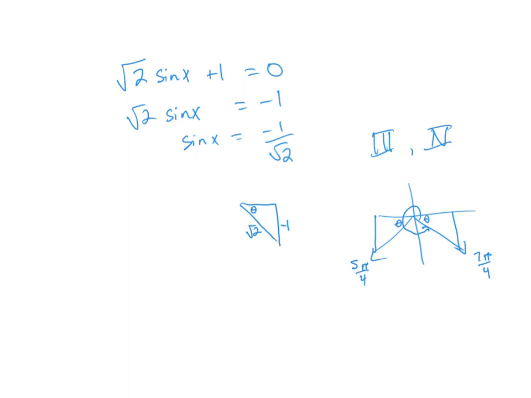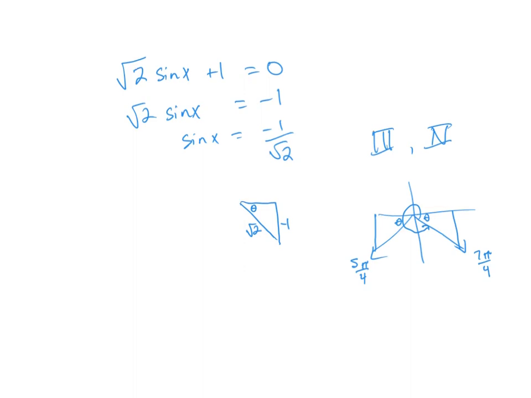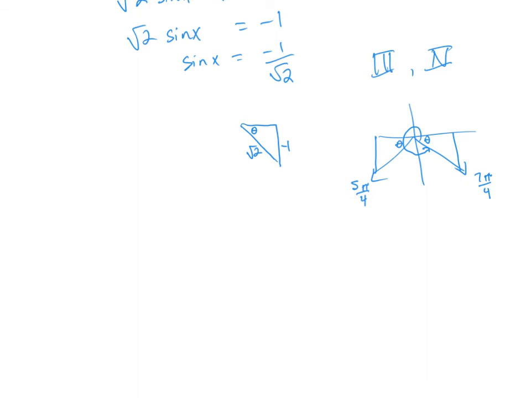And because it didn't give us an interval to say between 0 and 360 degrees, we're going to rewrite this now as 5 pi over 4 plus